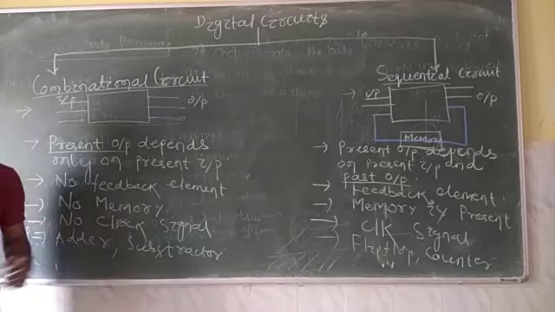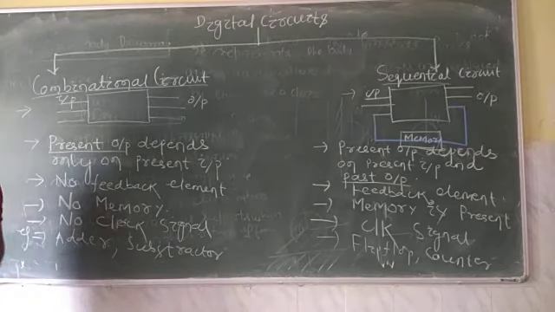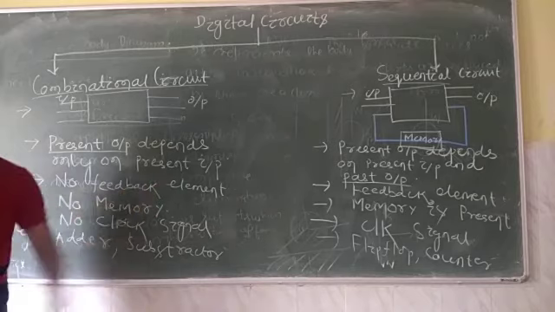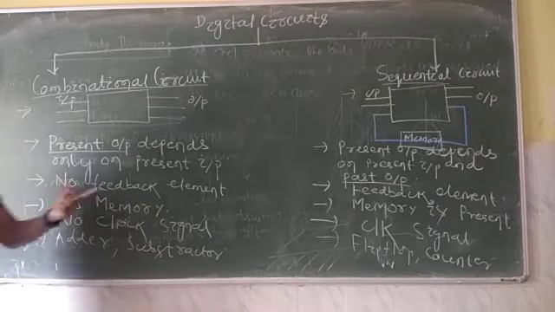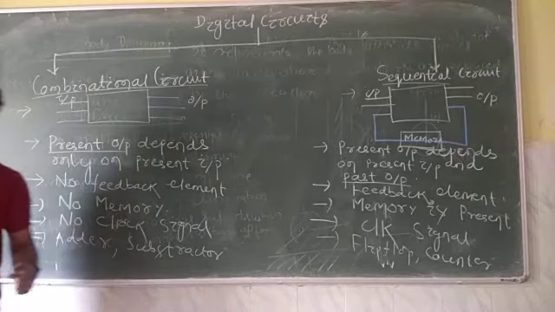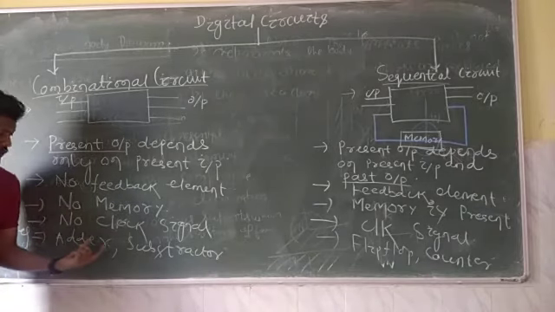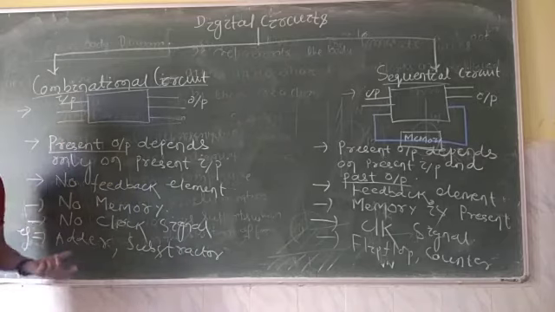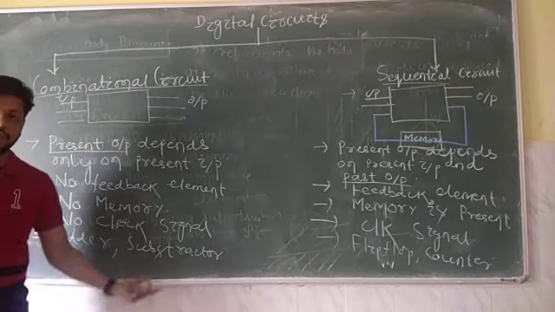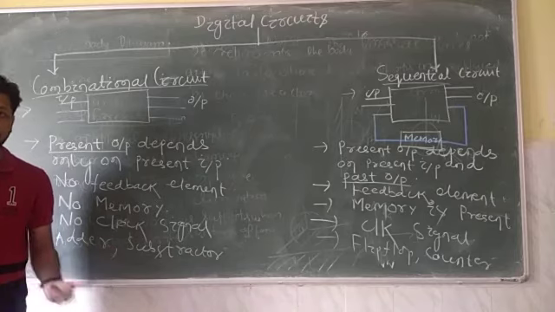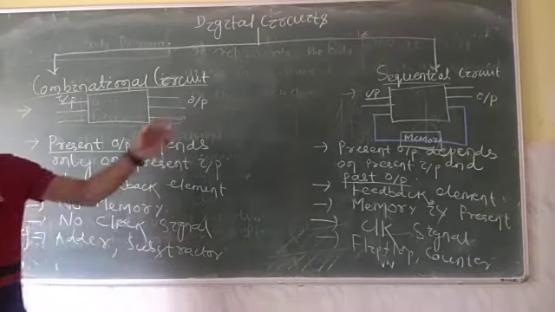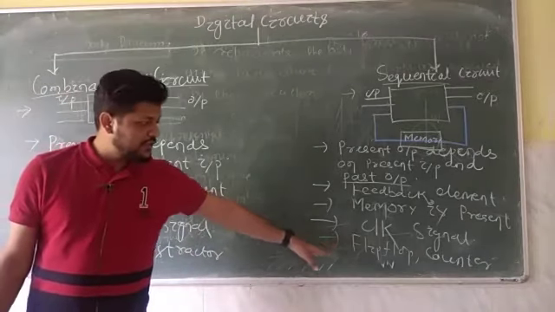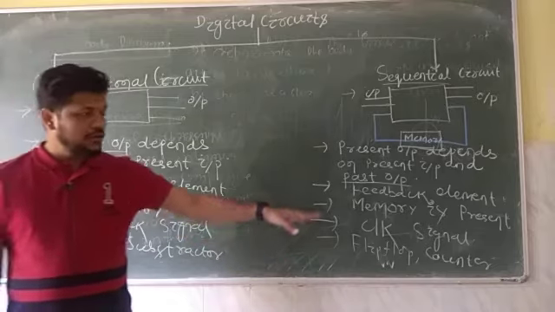Here no clock signal is required. Clock means we are going to set a timer. So a timer circuit is not required here, but in sequential circuits we need a clock to operate, to control the output according to the input. The clock is the trigger signal in sequential circuits. Examples of combinational circuits that I have listed are adder, subtractor, multiplexer, demultiplexer, encoder and decoder. We will design all these examples using combinational circuits. In sequential circuits, I have listed a few examples: flip flop, counter, register, etc.